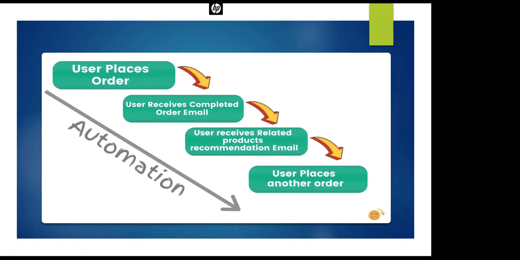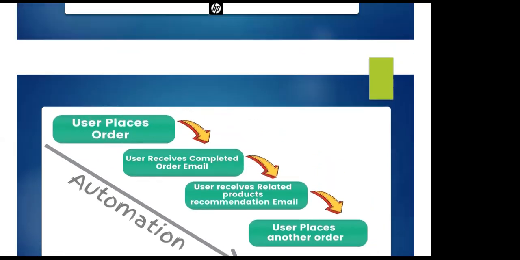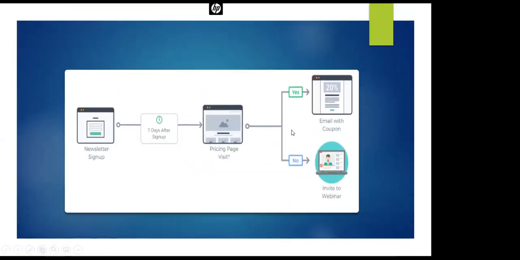Suppose after the first purchase, if you haven't made any purchase within 30 days, then you can get a product recommendation email on the 31st day, or any frequency they can set, so that you are kept engaged with their brand. Now, if a user places another order, the same life cycle will be followed. So guys, what we have seen here is a workflow.